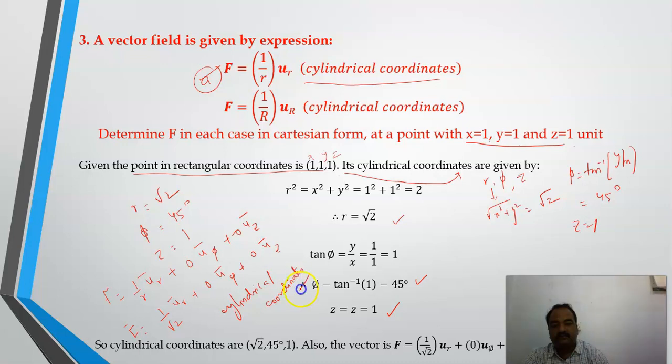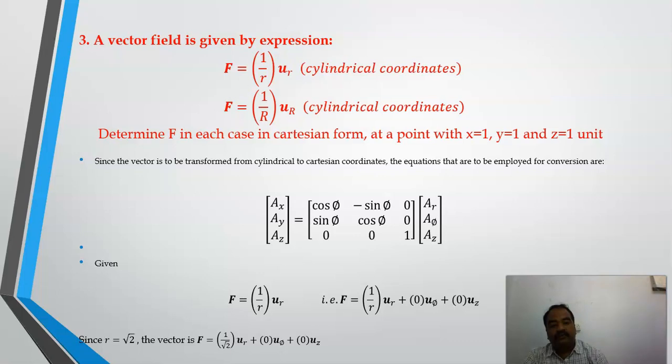Okay. Now I am going to transform the cylindrical coordinates vector into a vector in Cartesian coordinates. Now, we have seen already in the last class that if the vector is to be transformed from Cartesian to cylindrical, this is the format. These are the coordinates of the vector. These are the vector components in Cartesian form. These are the vector components in